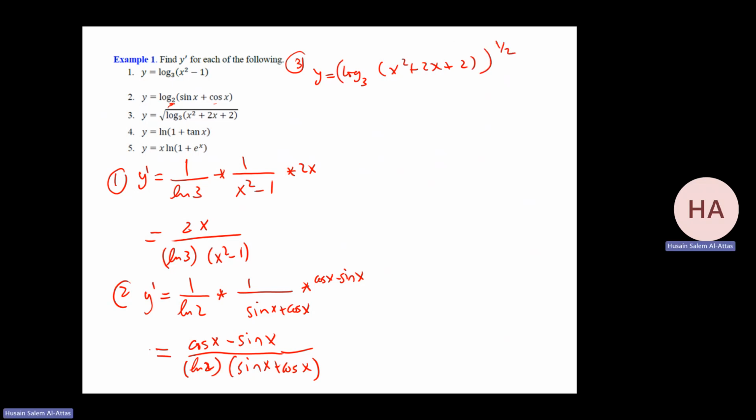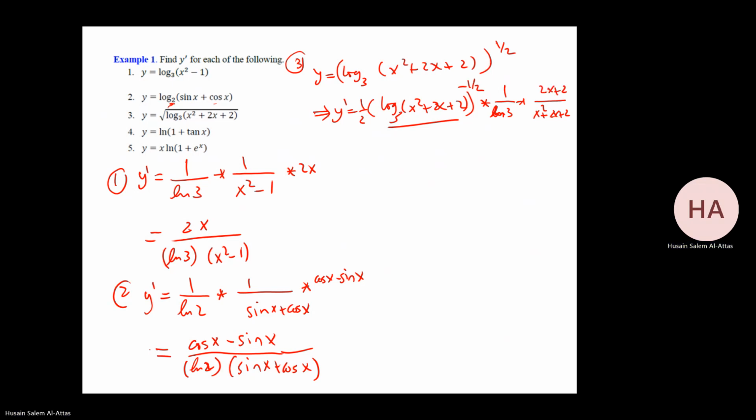This is y. Now I need to find the derivative. I have something to the power half. So u prime will be half that thing to the power minus half, times the derivative of this. Now I need the log: 1 over ln 3 times 1 over u, times the derivative of this, which is 2x plus 2. So